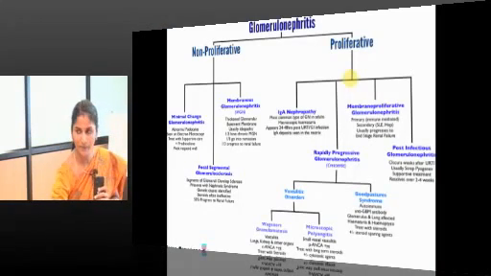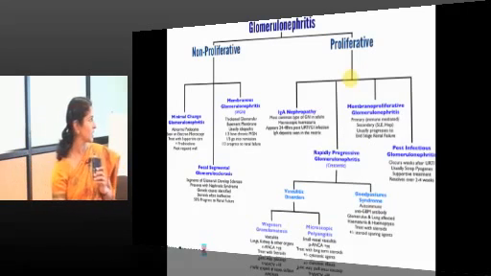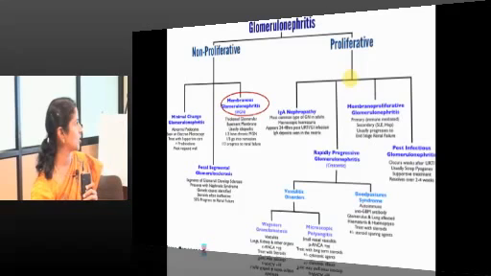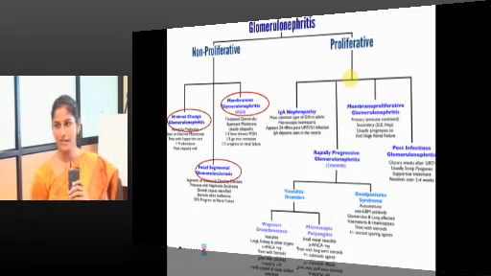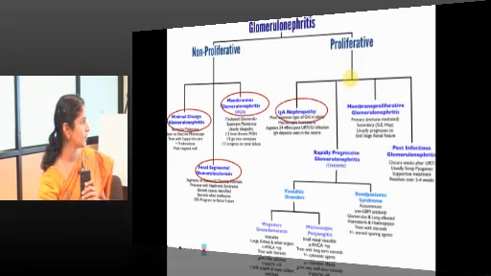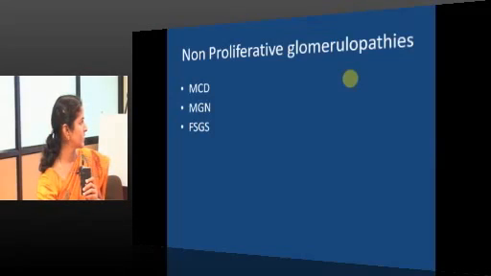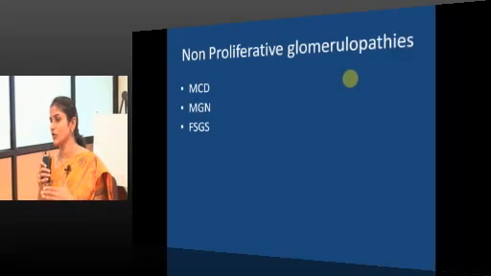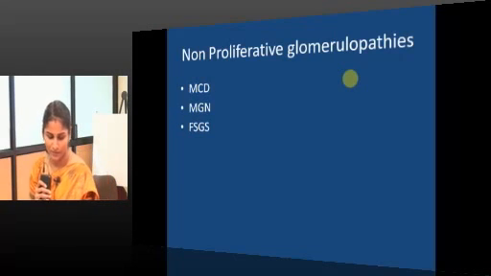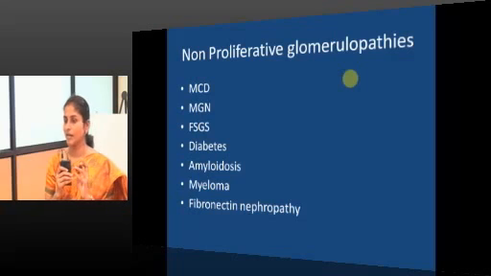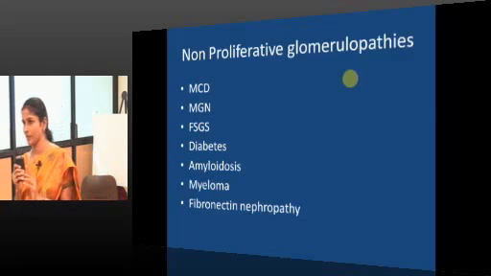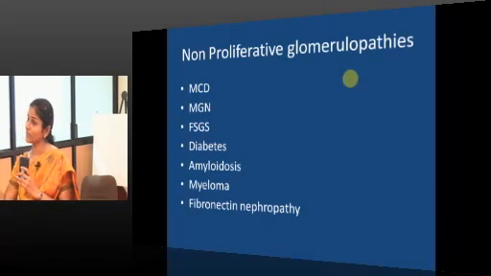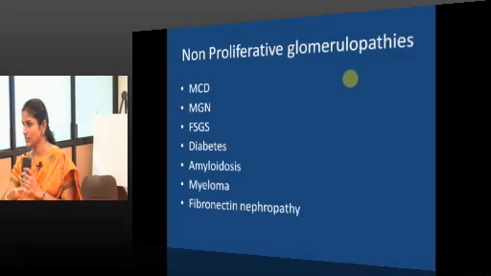I just want you to remember the non-proliferative glomerulopathies. Non-proliferative: membranous, minimal change, FSGS. All these 3 are non-proliferative, and all the rest will be proliferative. So, your primary glomerular diseases like minimal change, membranous and FSGS are non-proliferative glomerulopathies, and apart from these you have diabetes, amyloidosis, myeloma and kidney. So, they are not going to have any proliferating cells. Of course, they will have deposition, but deposition need not always induce proliferation. So, all these conditions are associated with non-proliferation of the glomeruli.